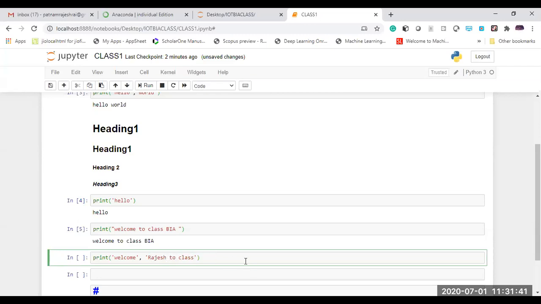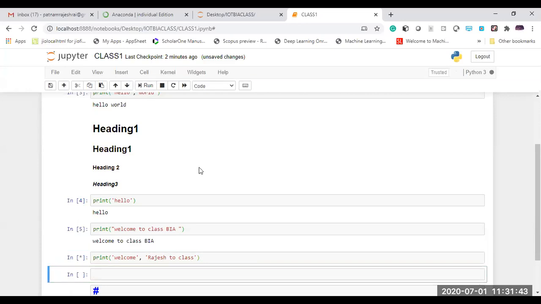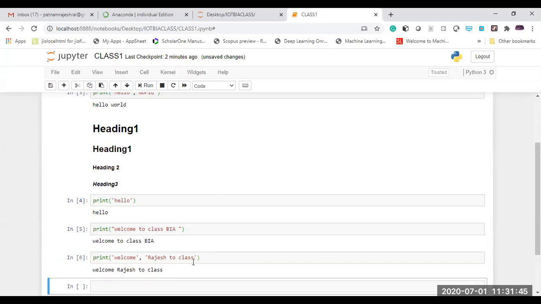So this can be run over there. Welcome Rajesh to class. So this can be written in different ways. We can write the string statements in different types of notations, or else you can split the data and give some names over there. It can be done in a different set of operations.